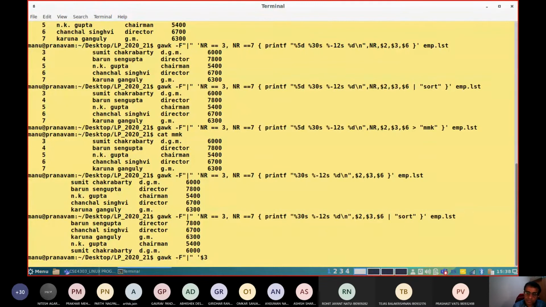So we can say if it is equal to the third field, if it is equal to director, and the OR operator.